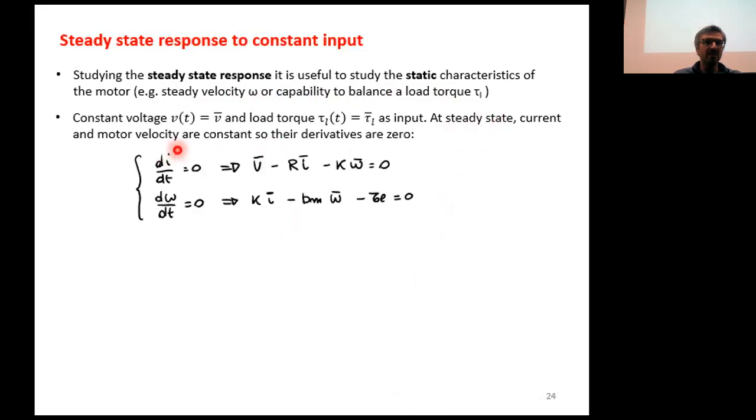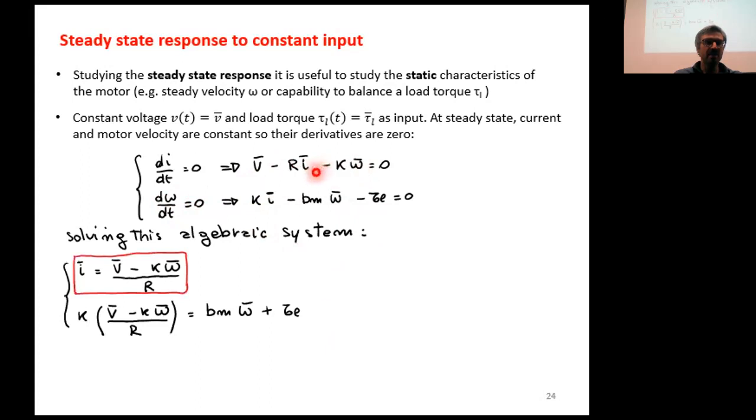Steady state means that the derivative of velocity and current are 0. So from the electrical dynamics, if we consider also the inductance, we set it to 0. We are left with this relationship. While for the mechanical balance equation, we can get this relationship. And this is an algebraic system that we can solve. First, we solve for the current. We compute the steady state current, like the voltage minus this, divided by R. And then we replace this I inside the mechanical balance equation, and we can compute